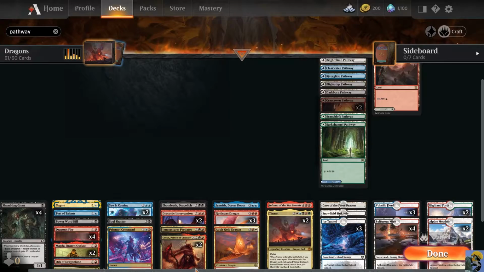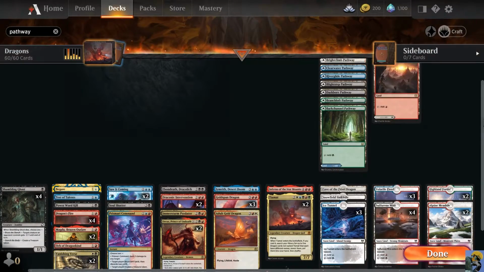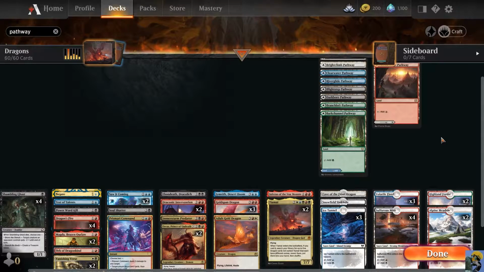What are you doing? Wait a minute. Okay, anyway. I don't need that many of those. Okay, so anyway, we have it. Then I have 2 red pathways. Maybe there's no more. Maybe they only work on adjacent colors or something. Alright, so what I'm going to do anyway is...